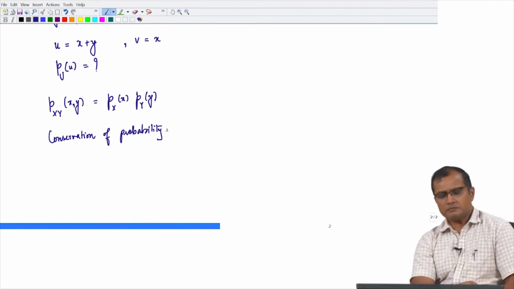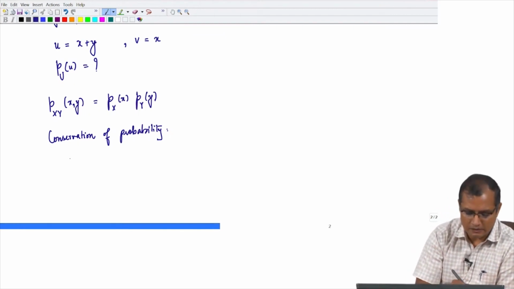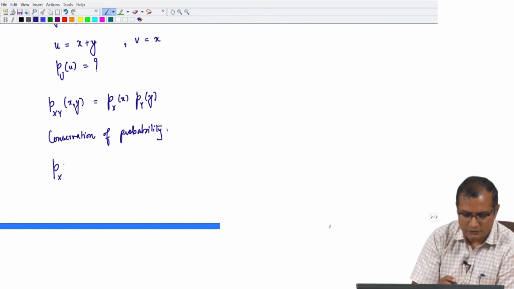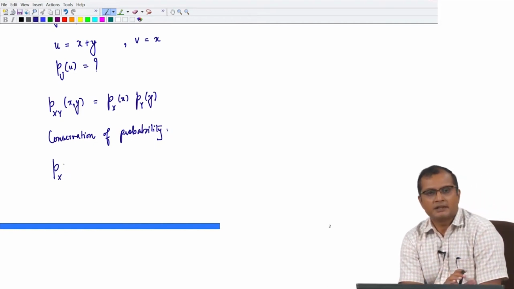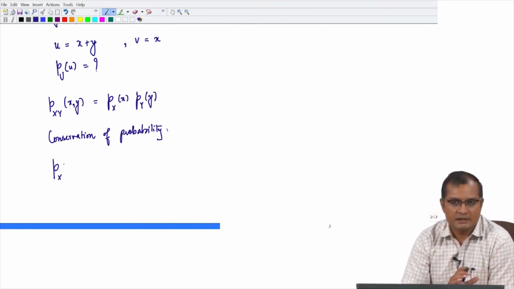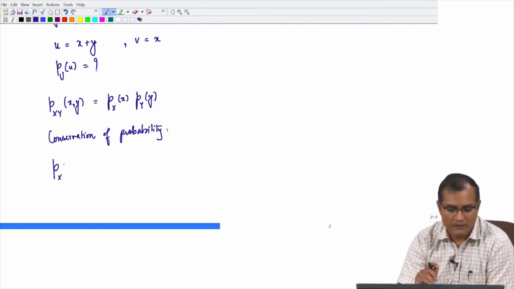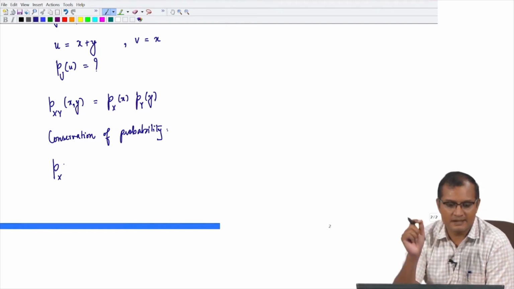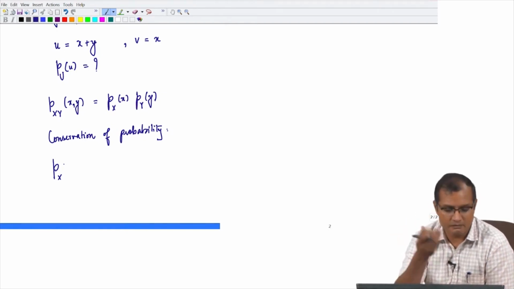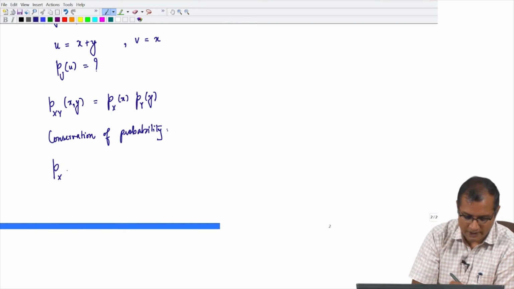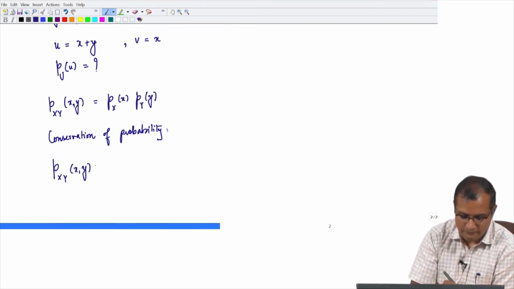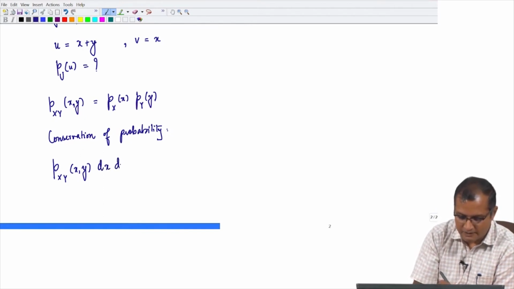So, we can just write down the probabilities to find the x, y in the range x and x plus dx, y and y plus dy, such that the sum x plus y is z, or the sum x plus y is u in this case. So, I am going to write down this as p x y of x comma y dx dy,